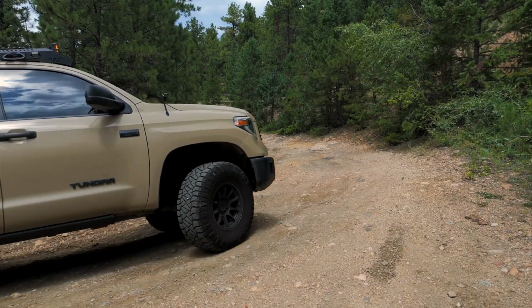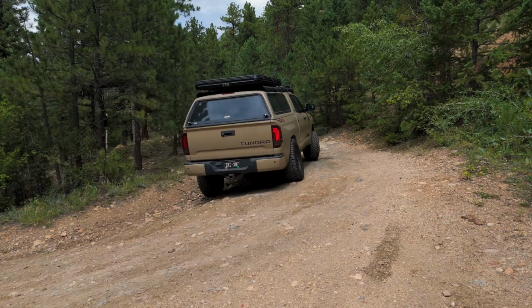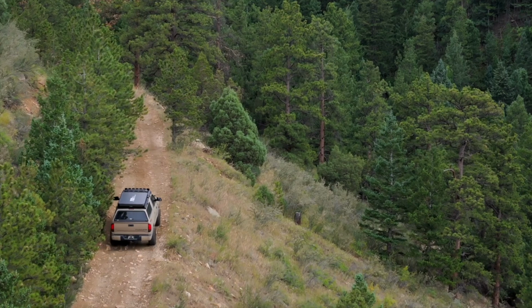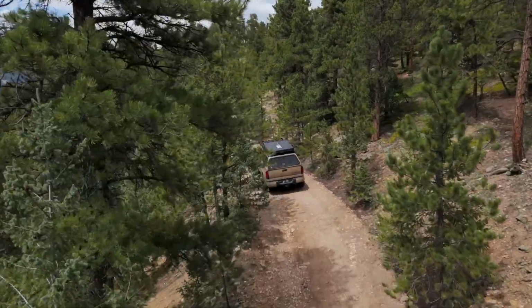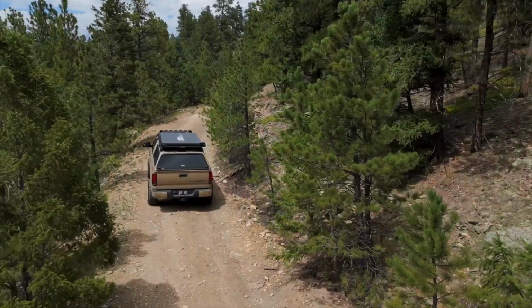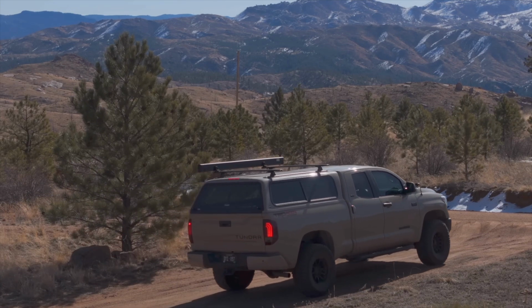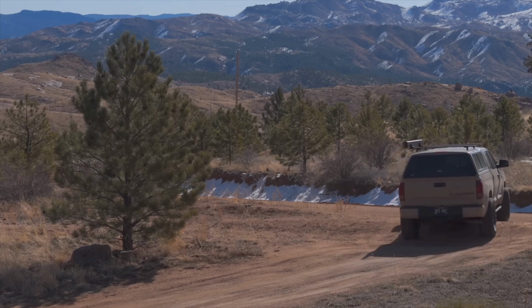Now, next up is going to be aesthetics. I do think the topper look personally is the best look, but it kind of softens the build up a little bit. It looks a little bit more like your grandpa's build. I don't mind that. I love that aesthetic of one kind of long thing, but maybe that's because I also like SUVs. But if you have a really odd color like mine, in like the tan that I have, it kind of just looks like one long, let's just say a tan eggplant. And it does kind of look a little bit weird sometimes if you look at it at the wrong angle,